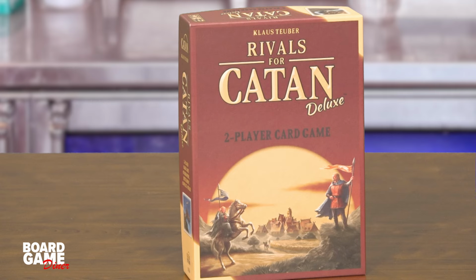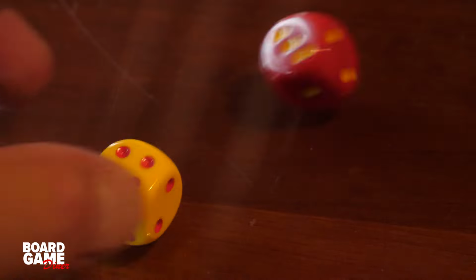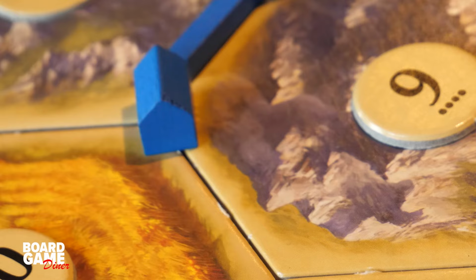After building up in Scotland, let's head to another nation on an island, Catan. You may be familiar with that game, especially if you saw my review of it in episode 2, but this is Rivals for Catan. A 2-player version of the classic board game that, spoiler alert, I like way better than the original. In the original Catan, players were building up the island, getting resources from dice rolls wherever they have their settlements. With Rivals,